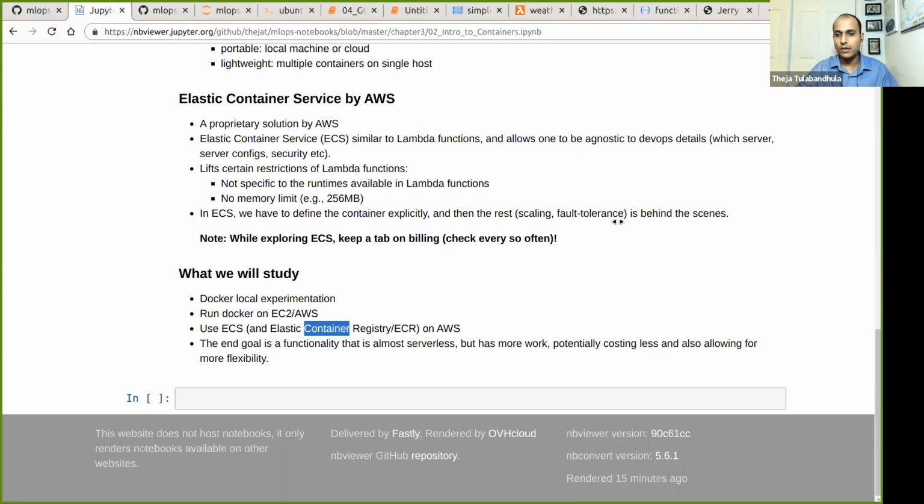Okay, so the end goal, after all this effort, whatever effort we'll put in next time, is that we'll have a lot more control. As I said, there are some cons in using serverless. Serverless is really useful for very lightweight functions, lightweight things where you don't want to care about the server, but at the same time, you're happy with everything being managed. In that sense, Lambda functions or cloud functions are also a little bit more expensive. So here you will get almost the same functionality as serverless, but a little bit more work and a little bit less cost, but it allows for more flexibility.